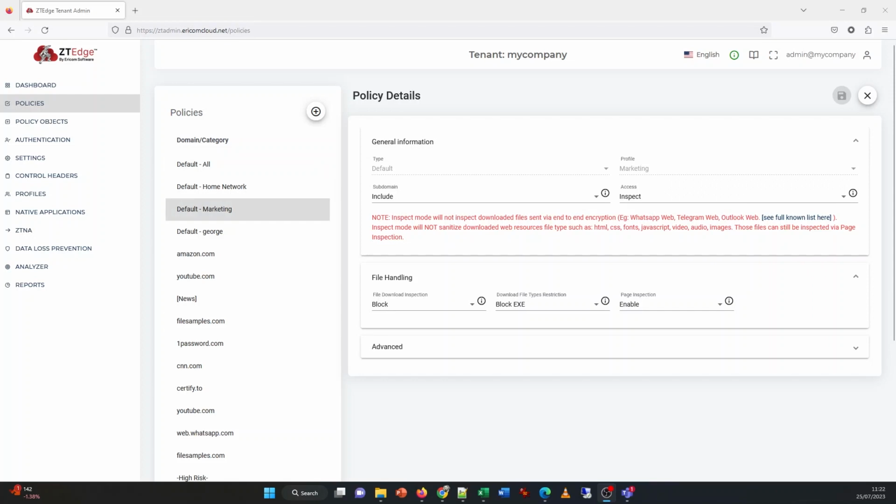So here I am in the ZT admin. I'm in the policy section. We have a default policy for the marketing group. It is set for access to be inspect mode. In the file handling section, I have set this up to be block, which means if a user tries to